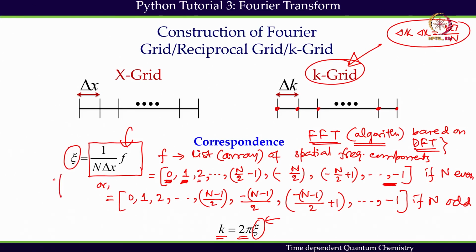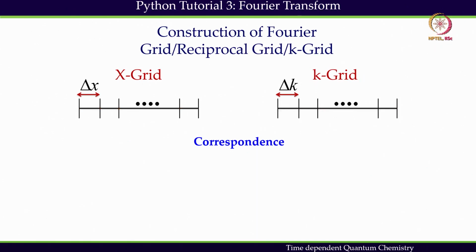Once we get these frequency components, we will be able to get the K grid points by multiplying by 2 pi, and the basic idea is that then we get the K grid points. We can convert these X grid points to K grid points following this procedure. So, what we have understood so far is that the FFT algorithm, fast Fourier transform algorithm,